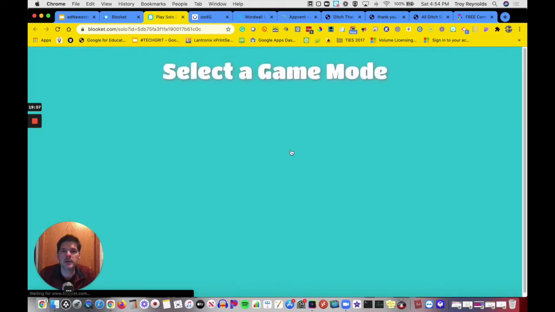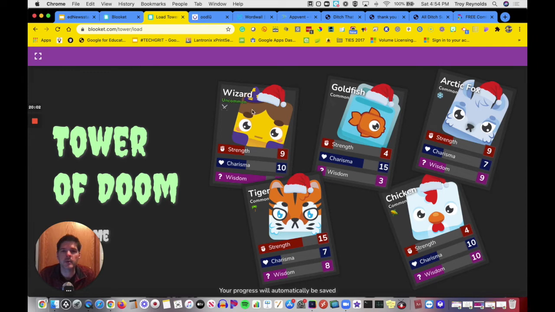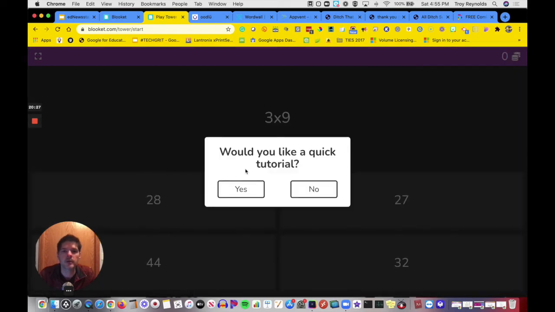I'm going to play solo this time. And this one is really fun. The one that I did was Tower of Doom. I've also tried a little cafe, but what happens here is you get these cards, and you collect cards, and then you play randomly against the computer. So the computer gets cards, and as you move through, you want to try to pick strength, charisma, or wisdom to best the computer. And the more you get correct in a row, and the more times you beat the computer in a row,